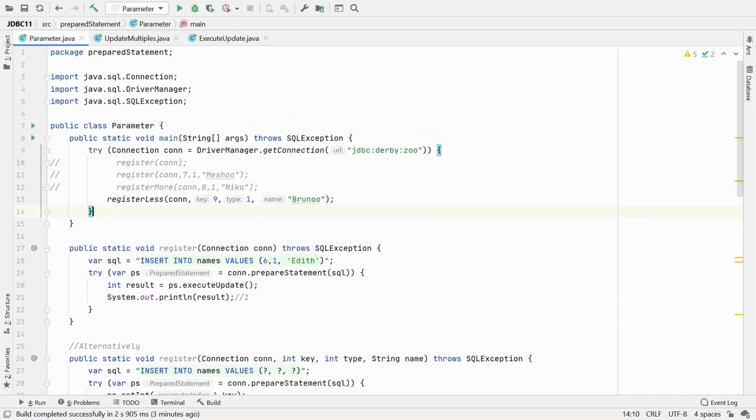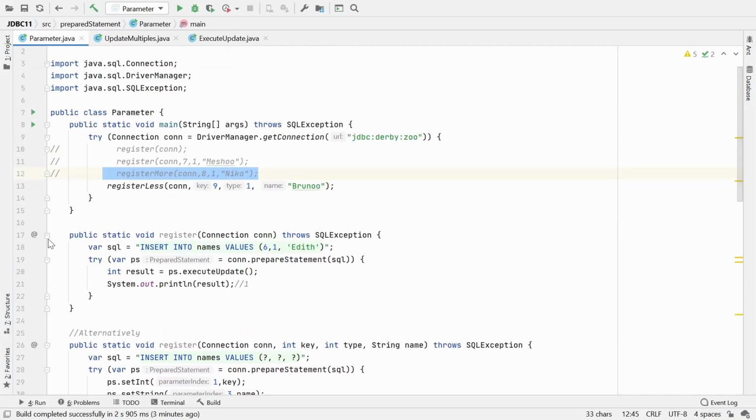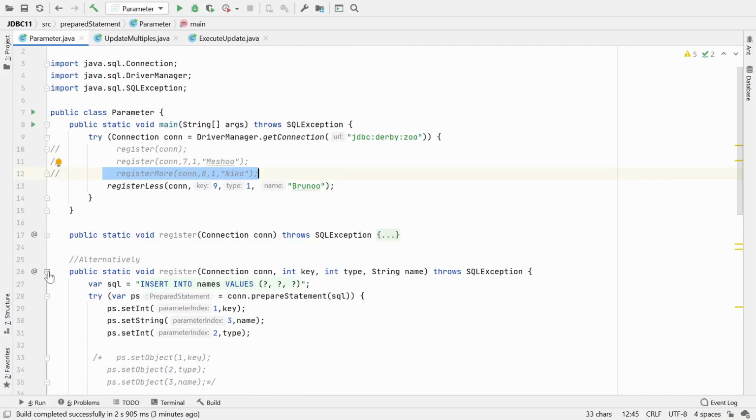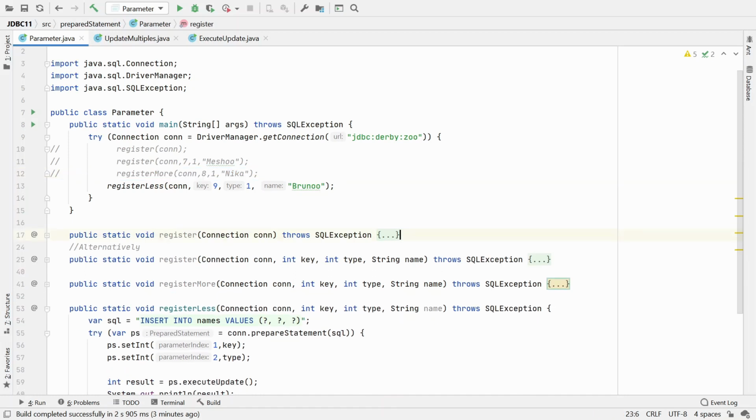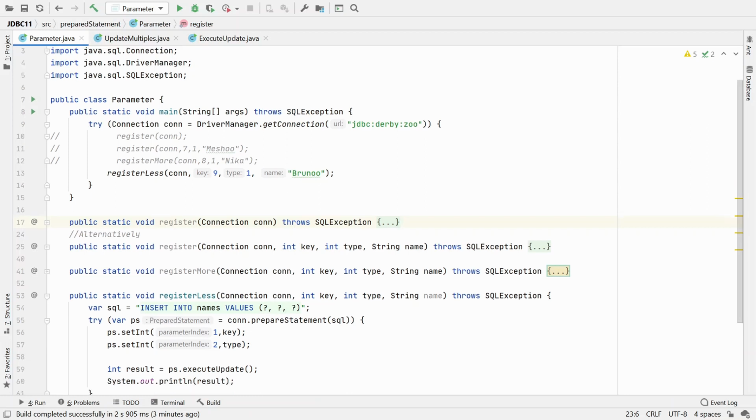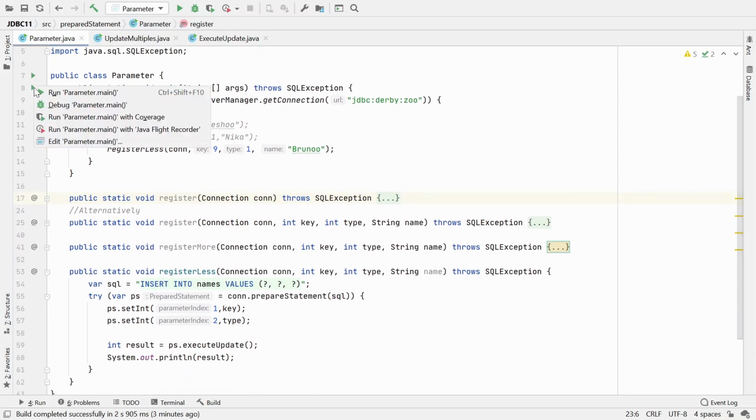Okay, so I do not want to uncomment these ones, otherwise it's going to insert 2 and give the error over here and stop the program. So I would like to see the error over here. So these 3 methods I am not going to call. I'm only going to call register less. Let's see. Okay,